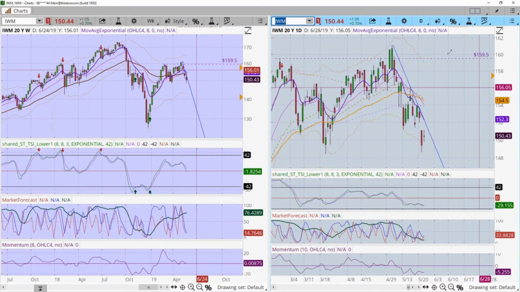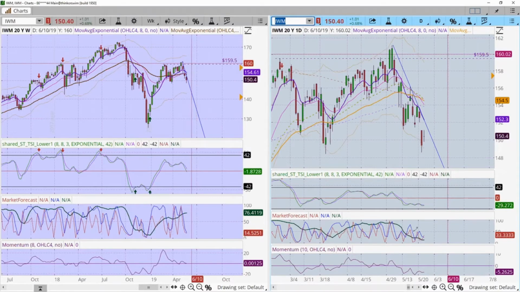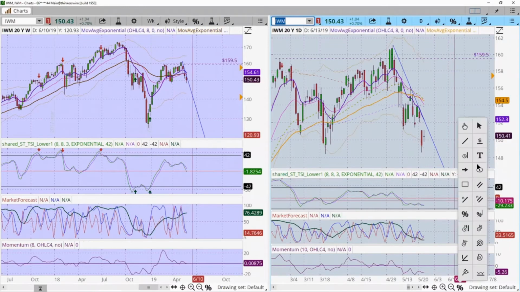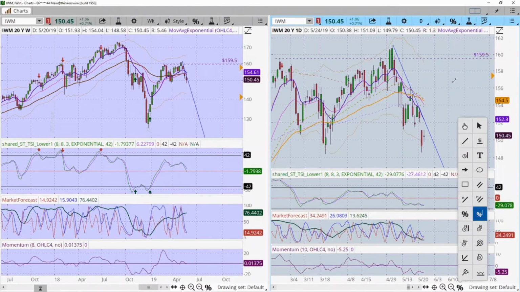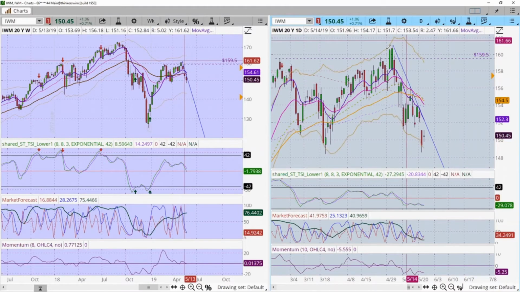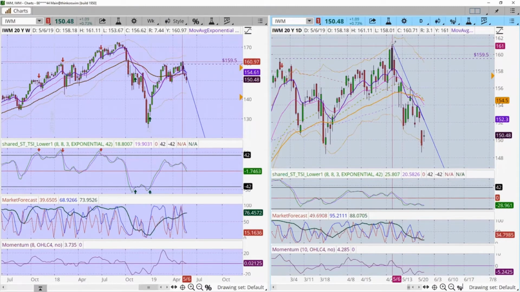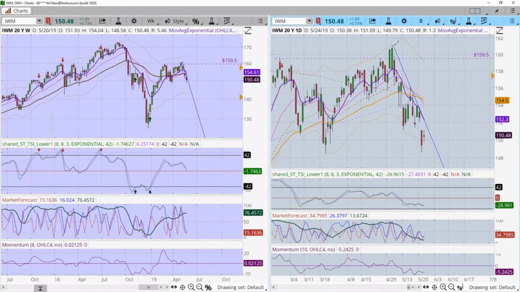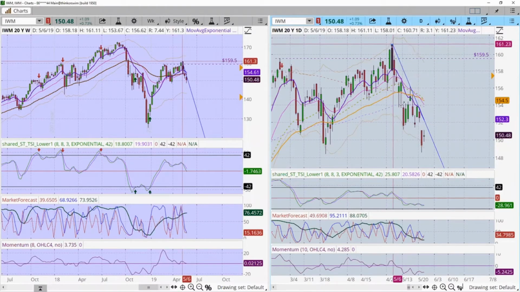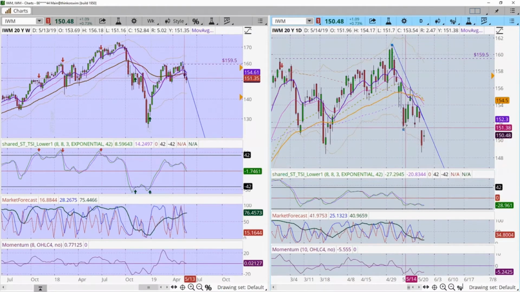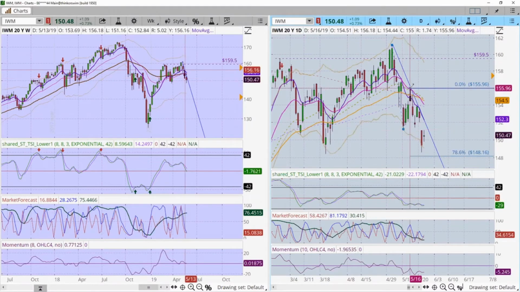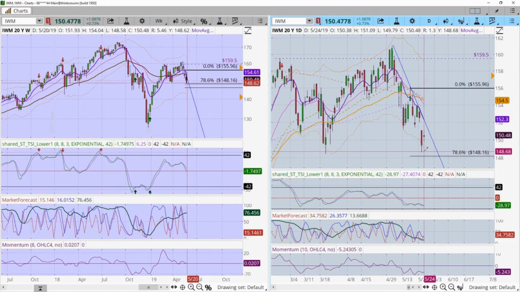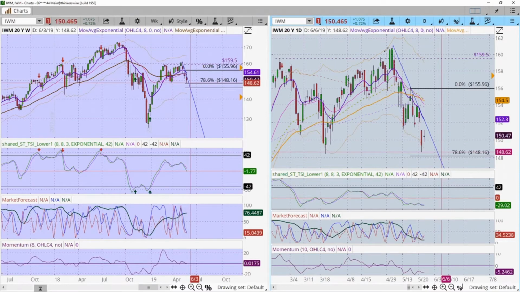So again, if we do something similar to what we did on the other chart, how far are we from reaching our extensions? In this particular case, price action fell from here to here, rebounded to approximately there. And as you can see, we've almost reached the 786 extension off of this move.